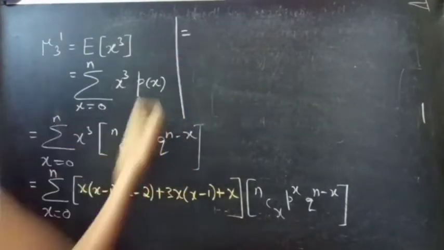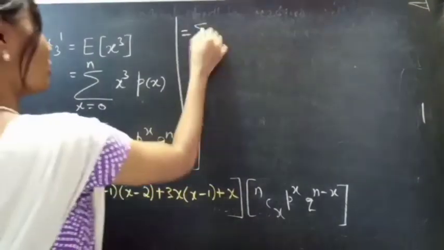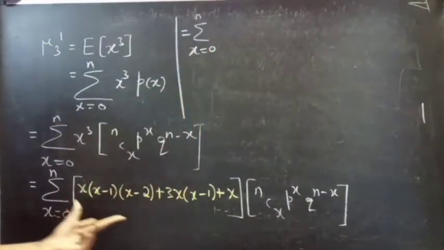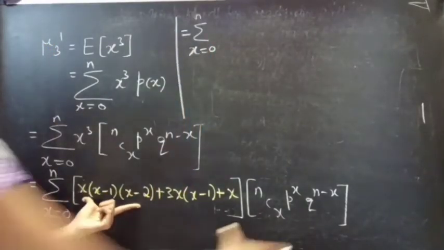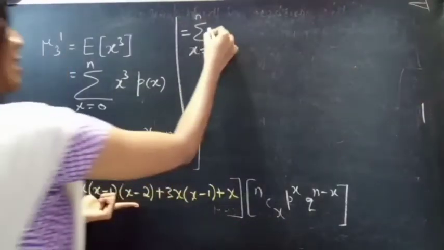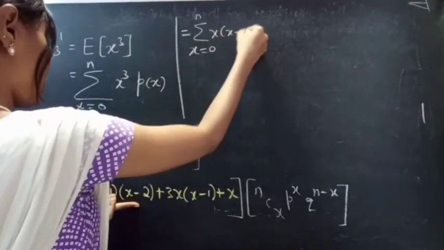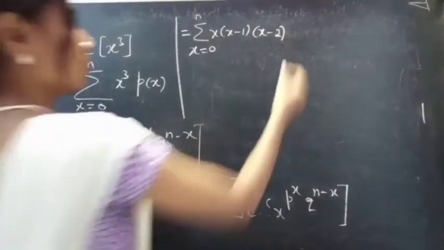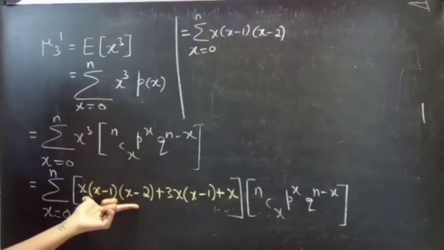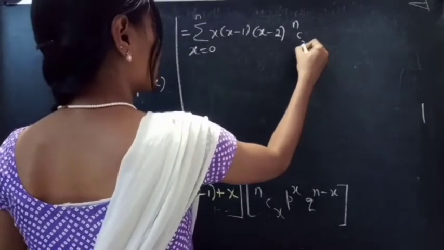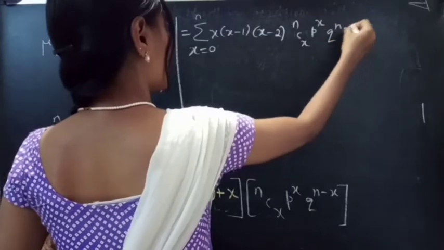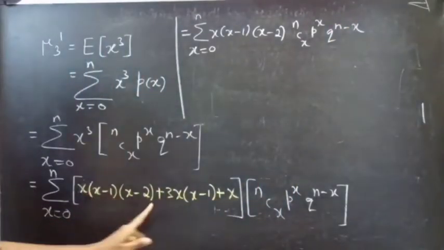So this equals summation x equals 0 to n. This part into this will be x into x minus 1 into x minus 2 into nCx p power x into q power n minus x. Okay. Plus